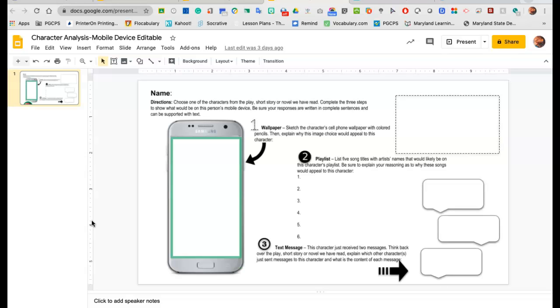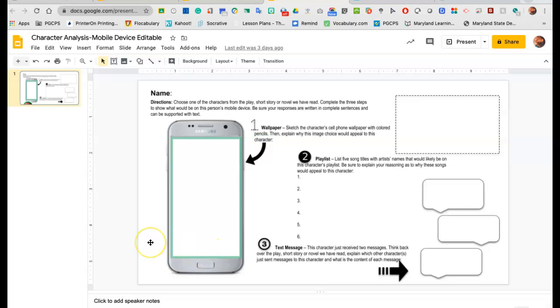So this is an editable document, so you can click on the links and type inside of each of them. If that doesn't work, then of course you can print, or if you prefer to just handwrite it, that's fine. You can print it out and write it in there and then attach it to Google Classroom and turn it in that way. But yeah, so you're going to illustrate here,